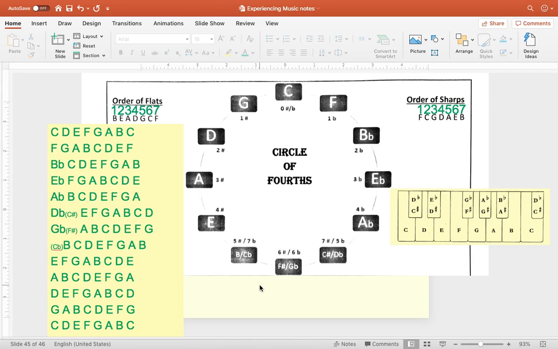This video is about the circle of fourths. A copy of this document right here is on Google Classroom that you can look at. The circle of fourths takes all of the notes of the chromatic scale and puts them in order